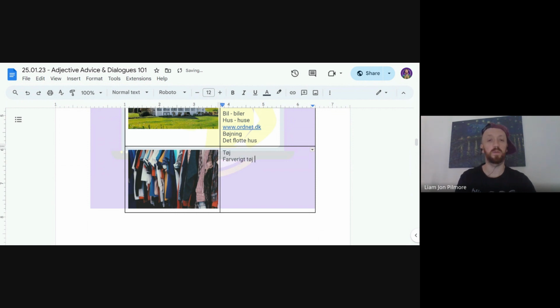This one is a bit unique as well because clothing, you might think of it as a plural thing, but in general, clothes you consider as one bunch, right? So you say